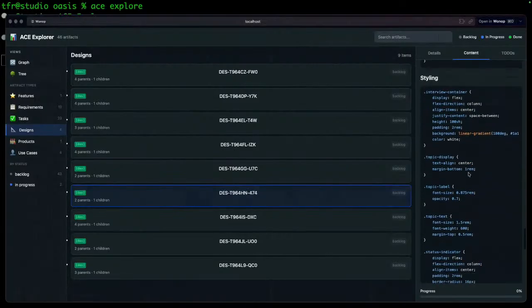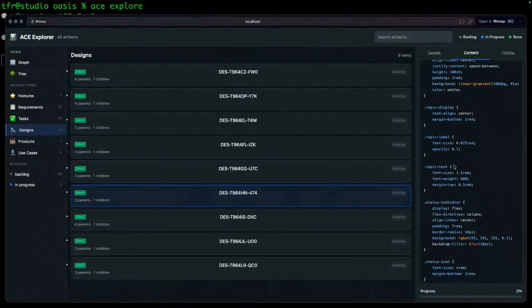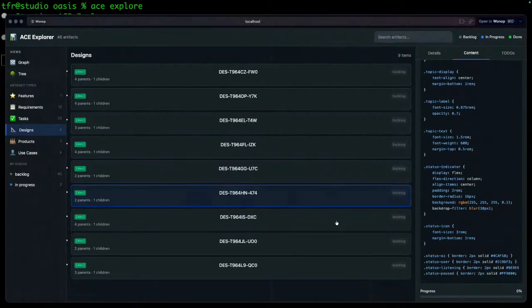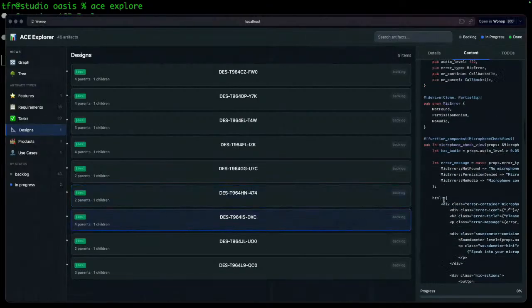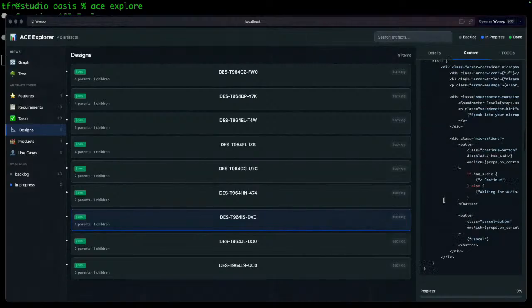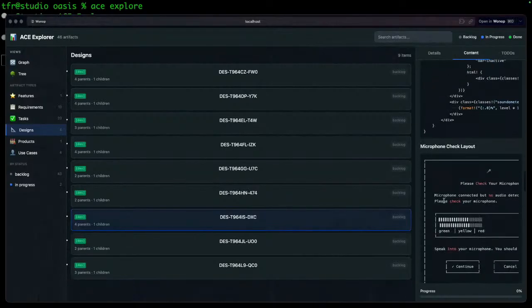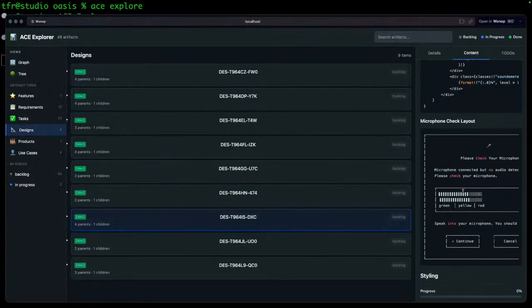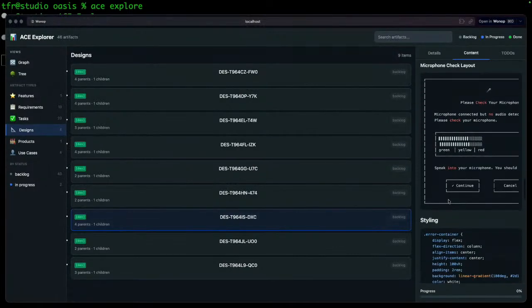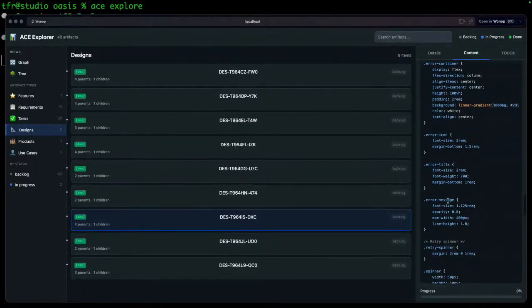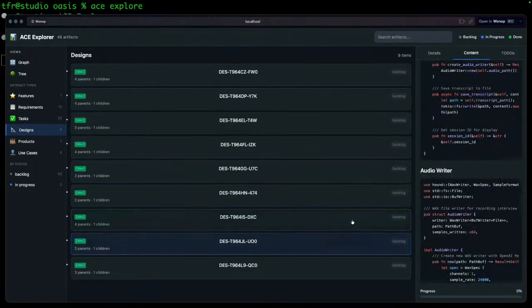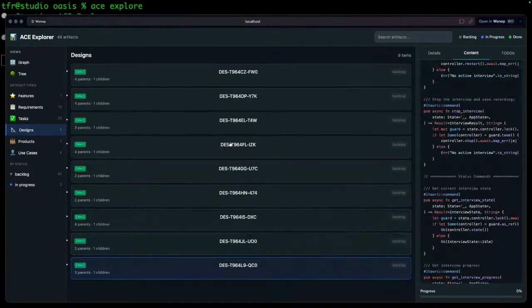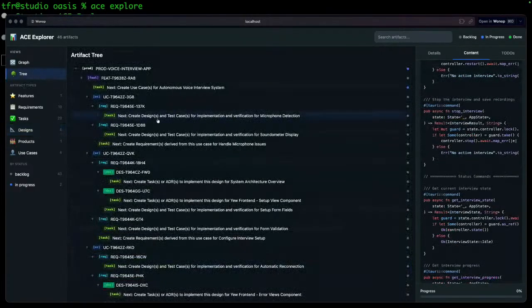And then it has, oh, there's something I forgot to tell it here. It should be using Tailwind. Oh well, you can't win every time. You'll just have to do that in some follow-up work. And then it has some mock components here of what things could look like. Again, beautiful ASCII drawings. Love it. Okay, that seems pretty comprehensive. And we go back to our tree. We see all of these documents being done.